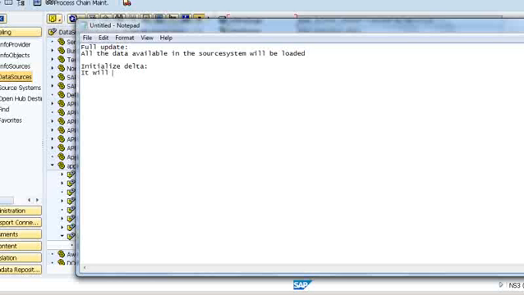For example, if you want to keep the info packages in process chains, we will do the initialization first, and after that, either